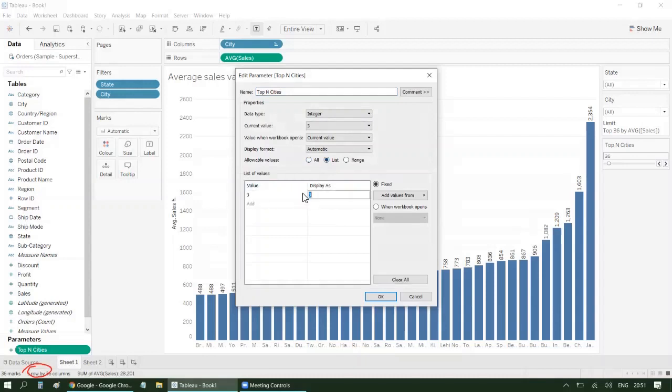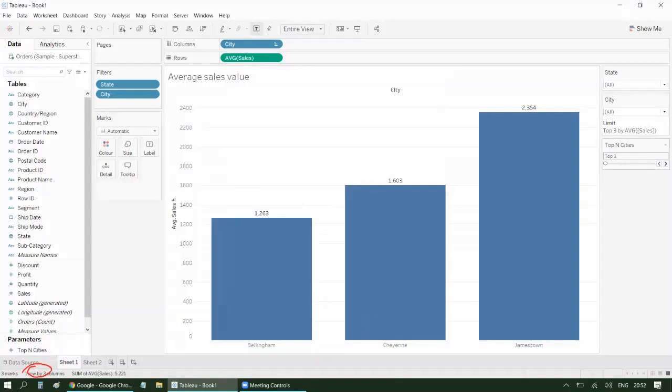So let's say the value is 3 and I want to display it as top 3, right? Then 5, I want to display as top 5, right? Then let's add a couple more. This should be top 10, right? And then let's add 20 and this should be top 20. That's it. Click OK and done, right?